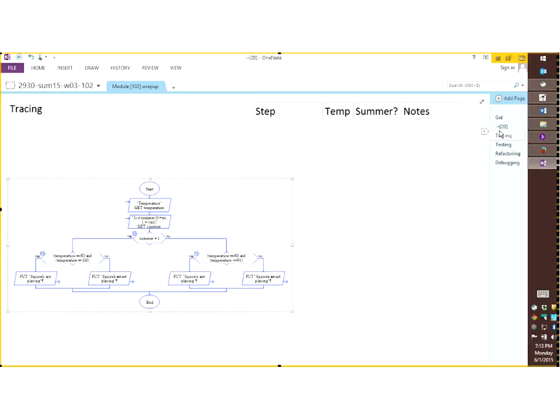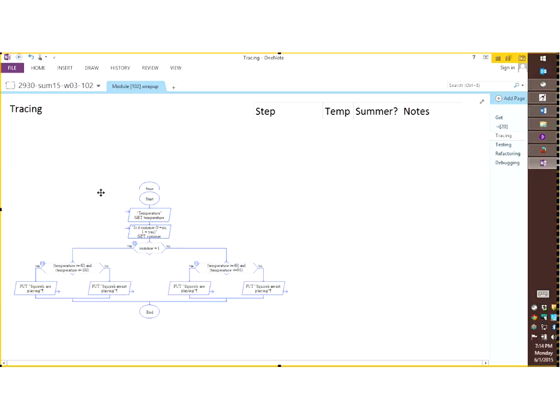Let's talk now about tracing. And to illustrate the tracing skill in module 102, I'm going to use the last apprenticeship exercise, which was the Palo Alto Squirrel, which we use also in the practice exercises. So this is A09, sorry, little bit of French there, I didn't mean to do that. This is A09, this is Squirrel, the Palo Alto Squirrel problem.